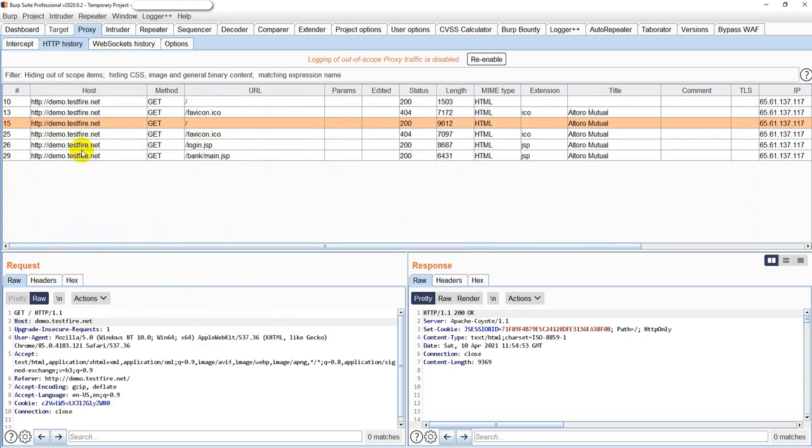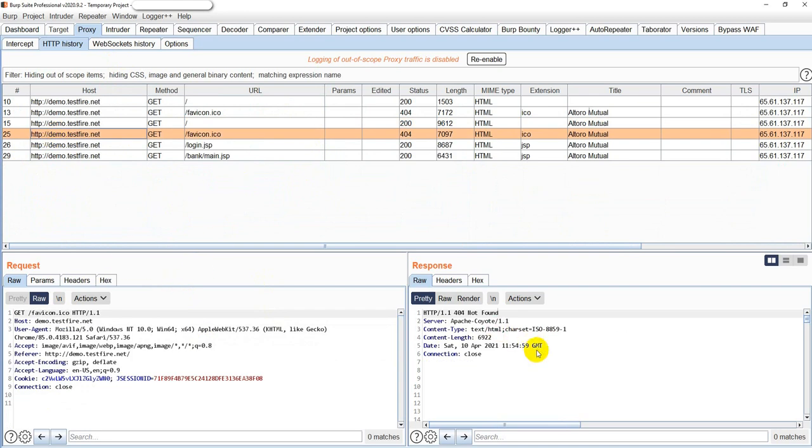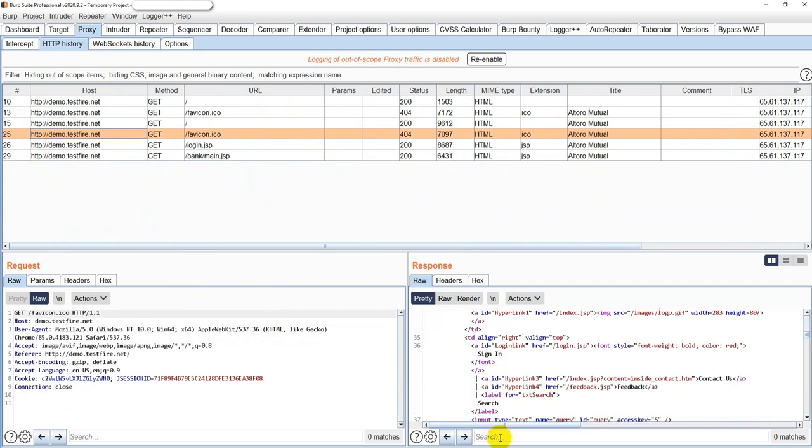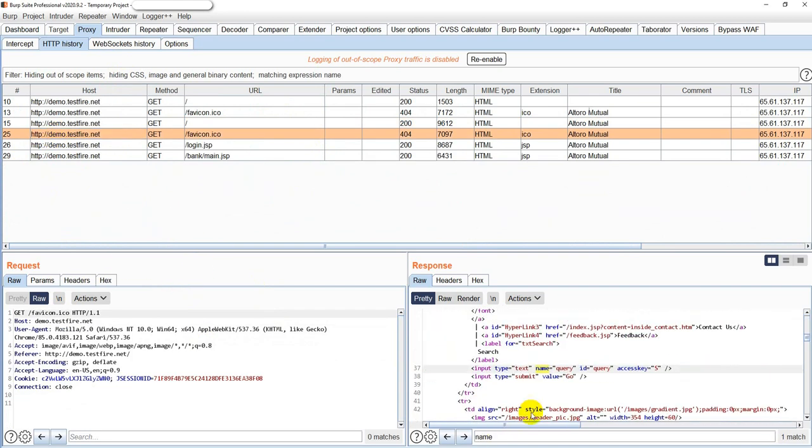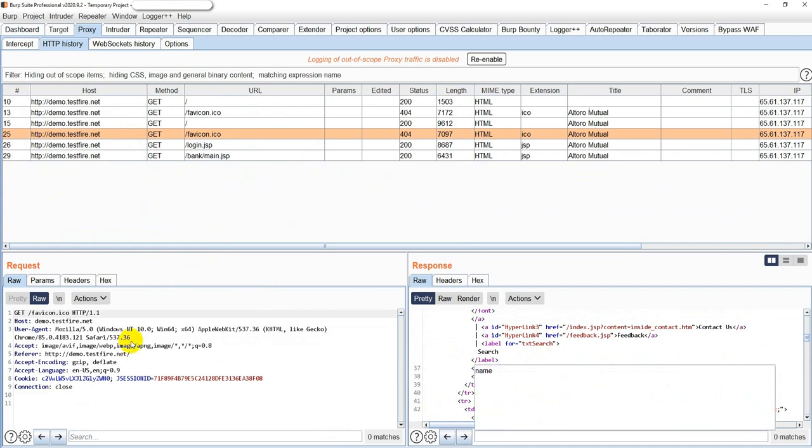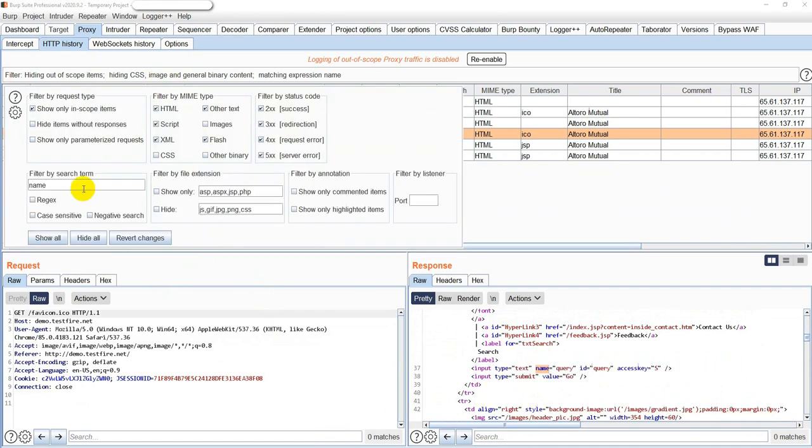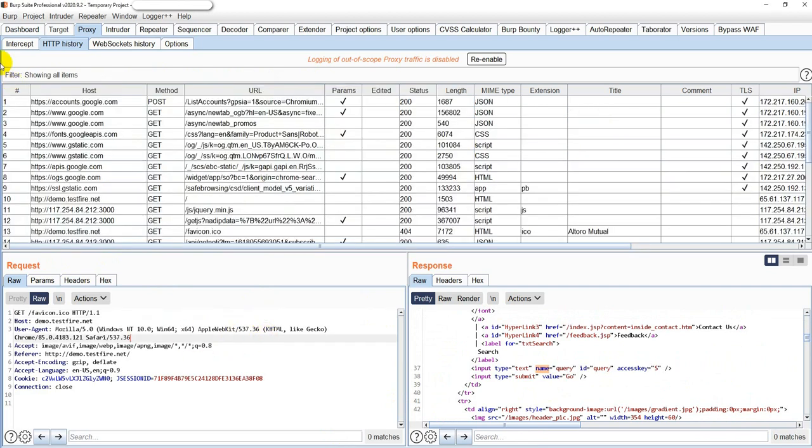Let's see what it is returning. Okay, there are some pages where the tool might have noticed the name parameter. I'm sure, yeah, name, you can see that. That's why it has gone ahead and checked. You can customize it as per your need, like you have regex, MIME type, the success, redirection, all those things you can check on your own. Okay, these are different filters that you could use with Burp Suite Pro.